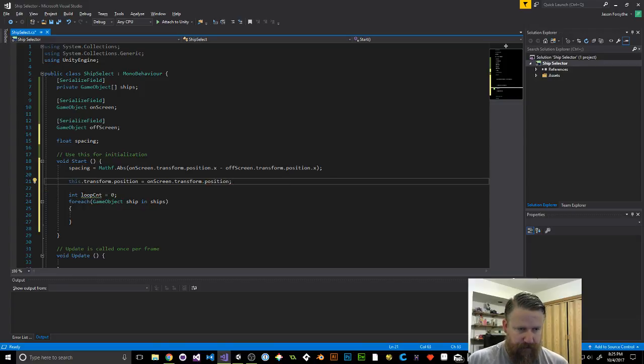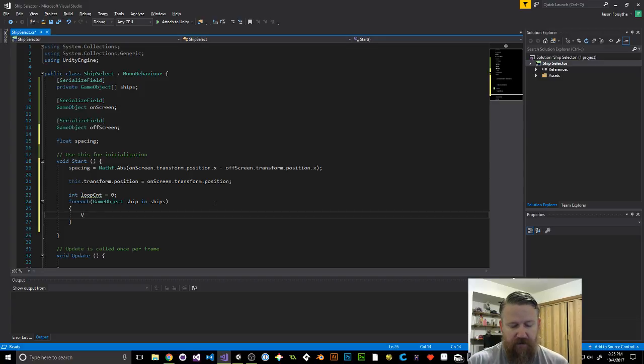All right. For each game object ship in ships, we're going to say Vector3 new pos equals